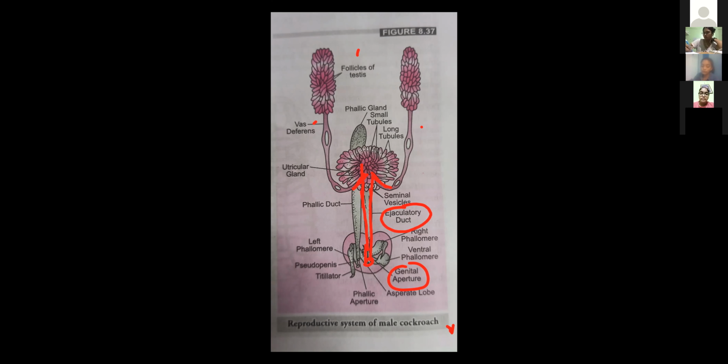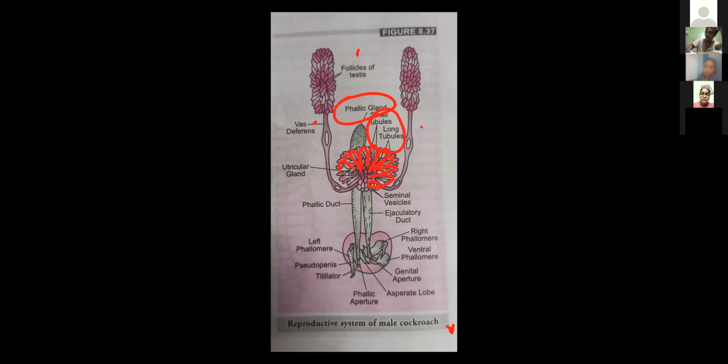Now, one gland is there here that you call mushroom gland or the utricular gland. Mushroom gland, or you call the which one? Utricular gland. This one over here. ये जो है phallic gland. Okay. So phallic gland is there. In that, one gland is a phallic and this one is mushroom, particularly here, जो tubular structure है.